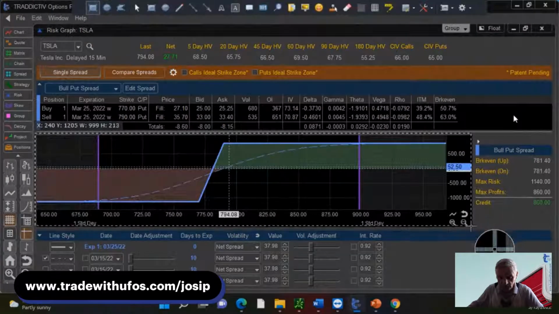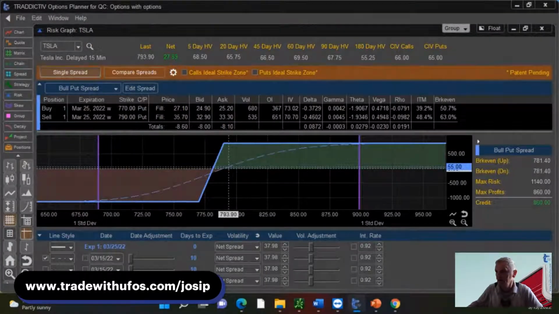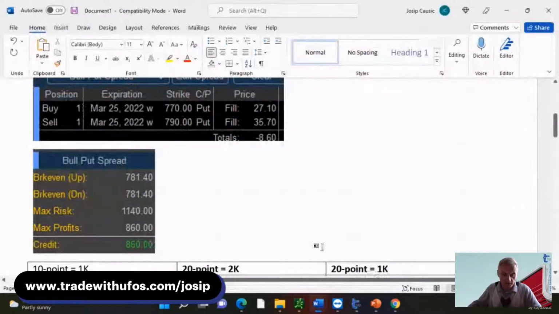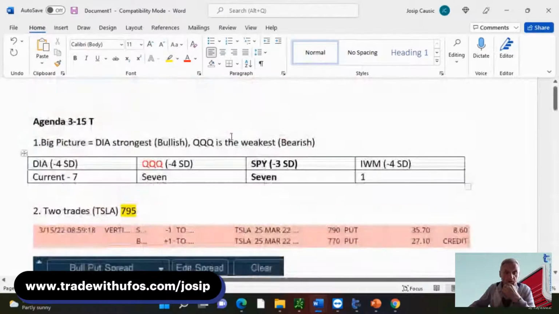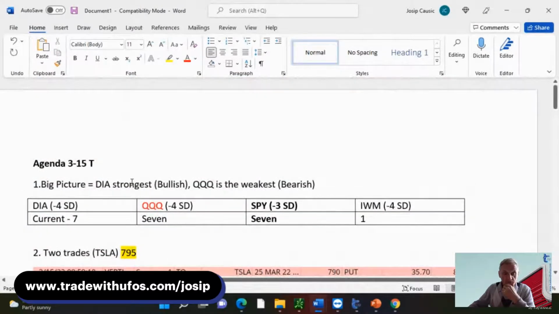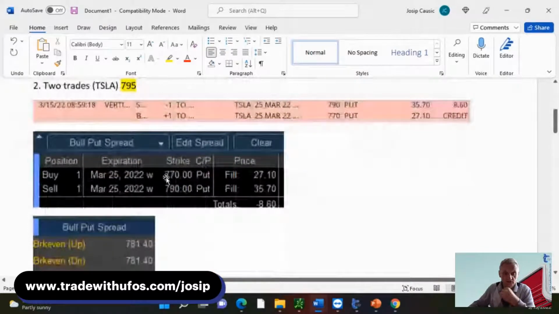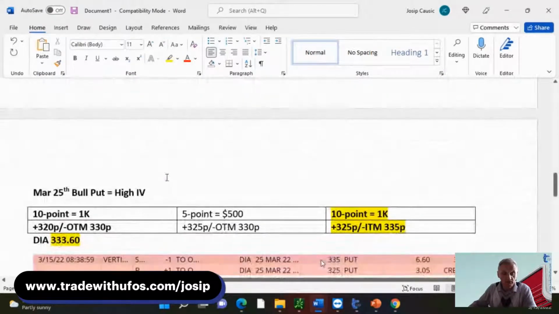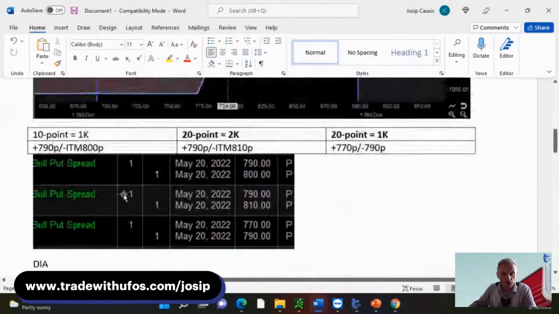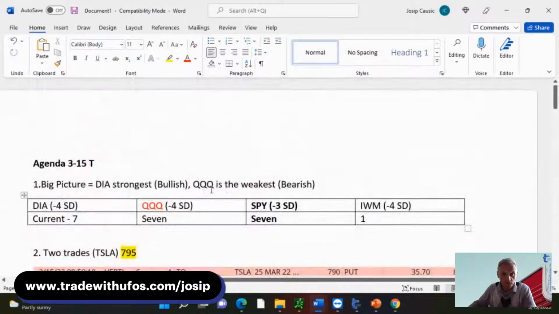I hope this was a good session. We traded the two things. We started first by looking at the big picture, and we concluded after looking at the big picture that the Dow was the strongest. We then proceeded to place the bull put spread on the Diamonds because implied volatility was high. After we have done that, we know that the QQQ is the weakest, but the strongest of the weakest of